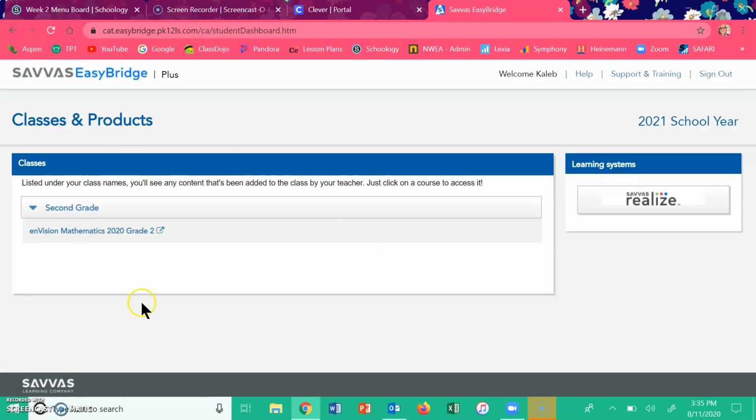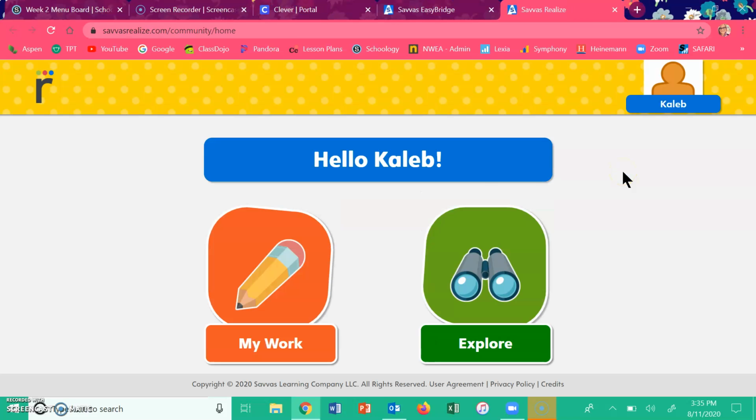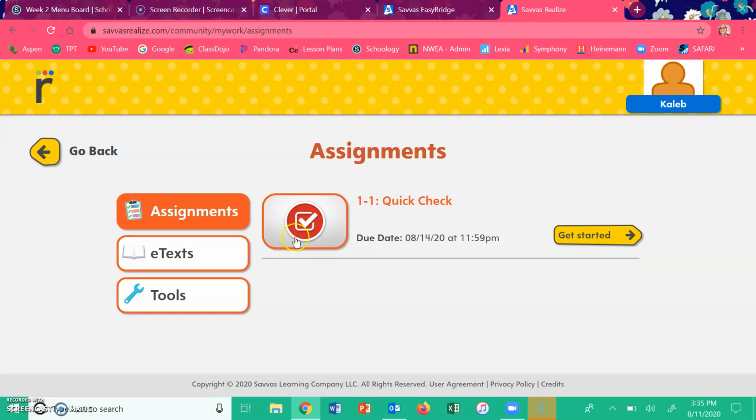Once you get there, you're going to have a page that doesn't have much on it like this. You're going to go over here and click Savvas Realize. Last year it said Pearson Realize, but this year they changed it to Savvas Realize. Then it's going to say your name and My Work, Explore. Explore is more for when you finish all your work and it will give you some math games. You're going to go to My Work. You will have